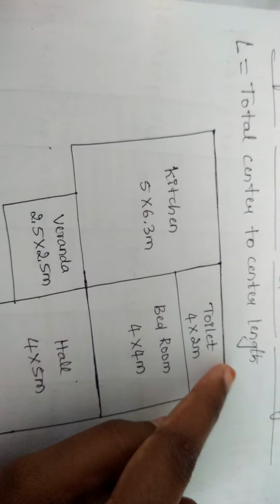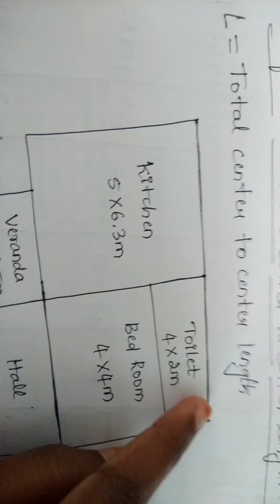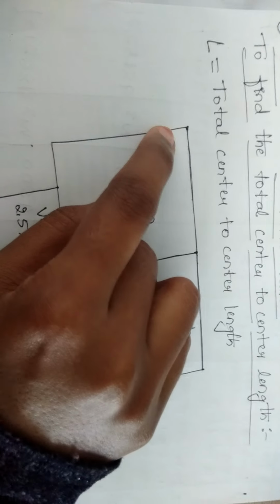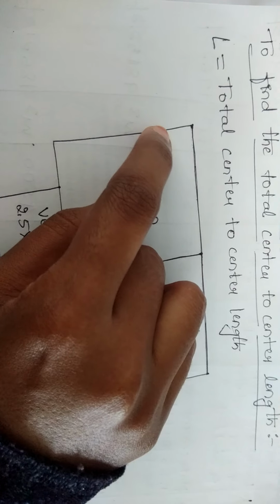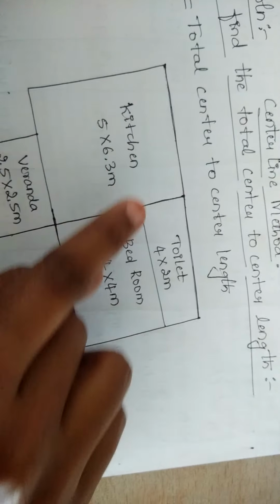So now starting with this, I will be finding the length of this particular wall. Starting with the leftmost corner portion, the wall starts at this point. Hence, at this point, the thickness of this wall will be considered as half. Hence, I have written this as 0.23 by 2. Then, I will move like this.